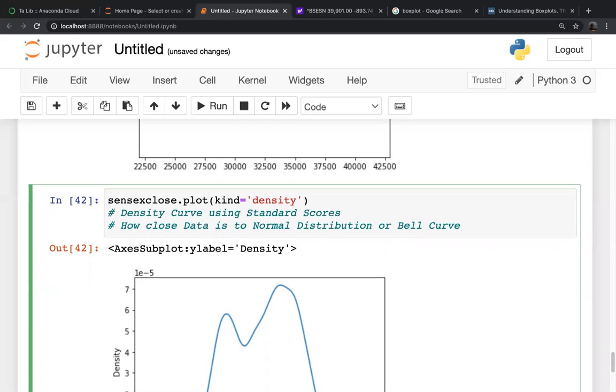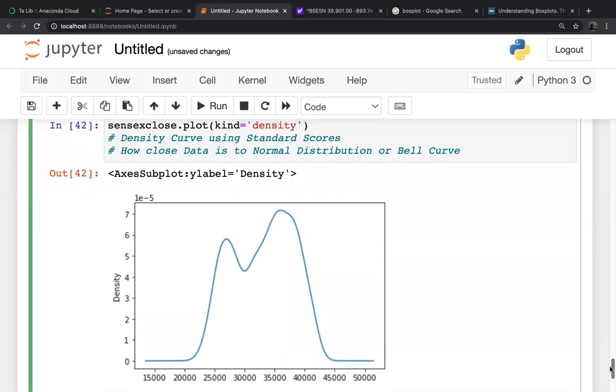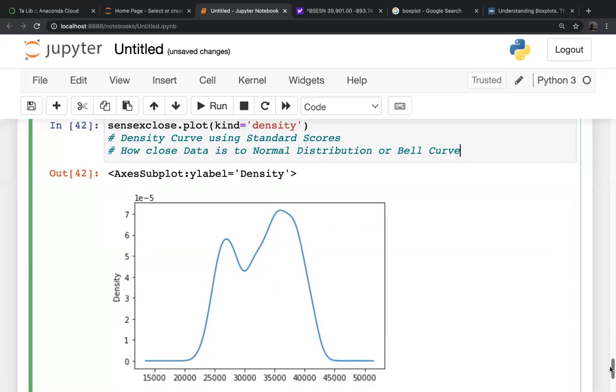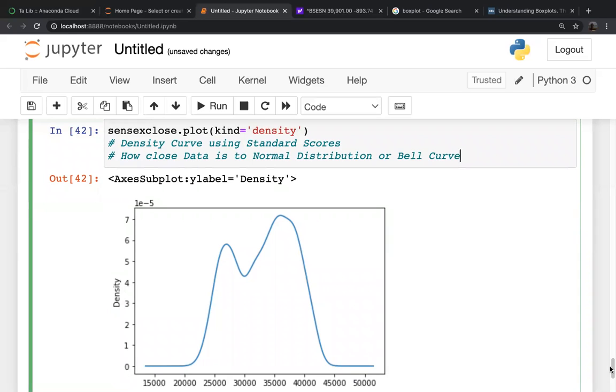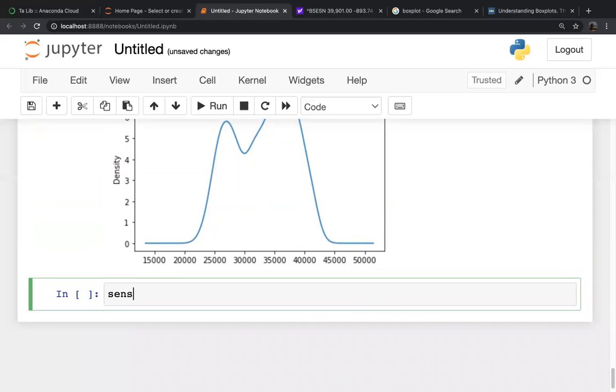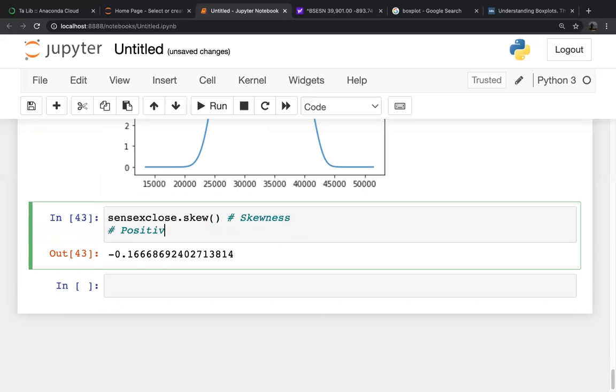Basically, there are two parameters which will tell you whether the data is closer to normal distribution or not: skewness and kurtosis. So, Sensex close dot plot kind is equal to density plot. Okay, so we can see here Sensex close dot skew. See, this is your skewness. Positive skewness,